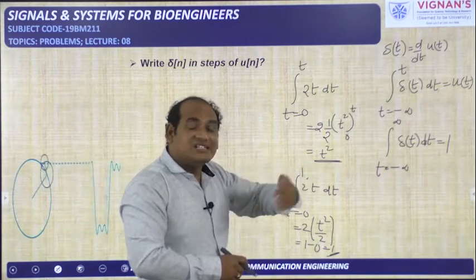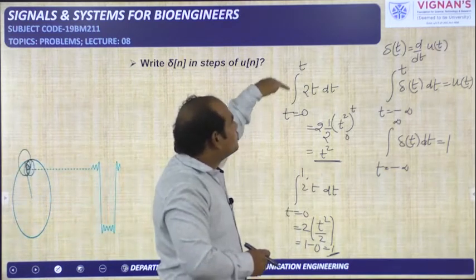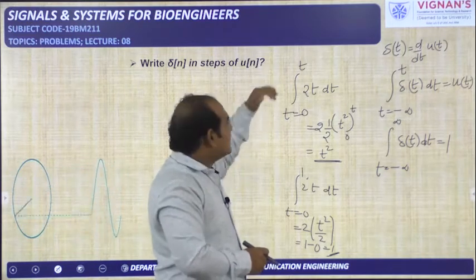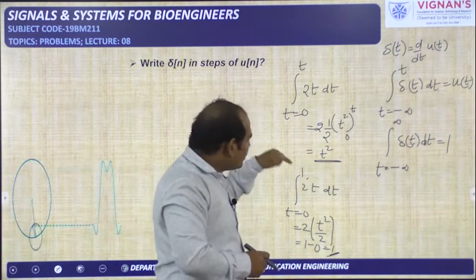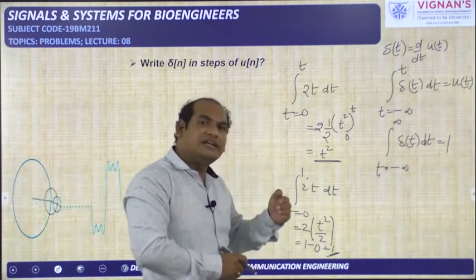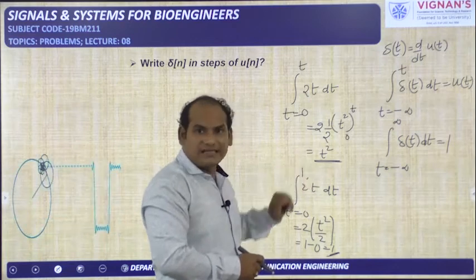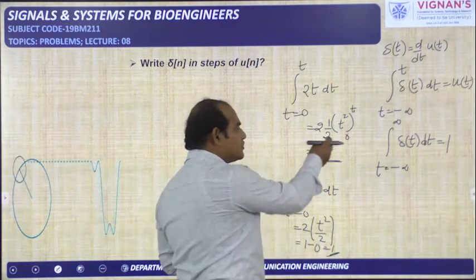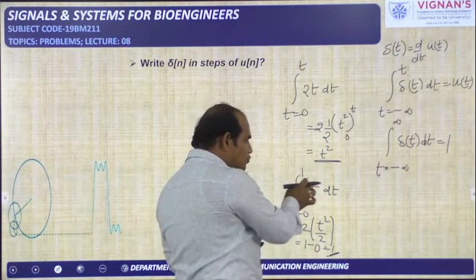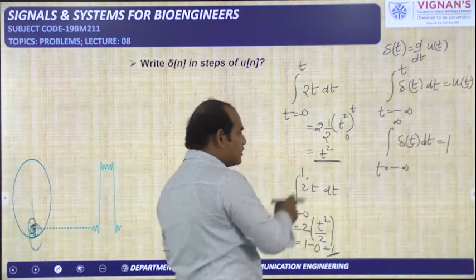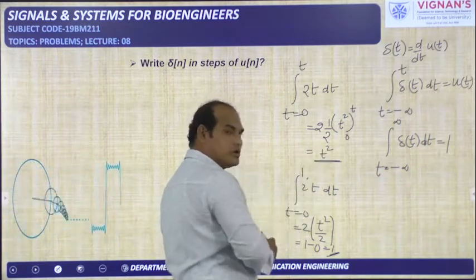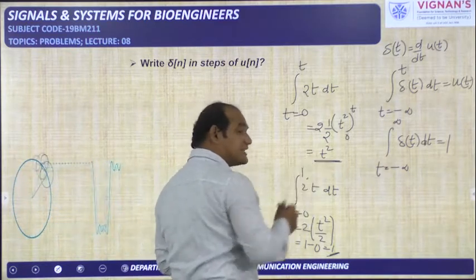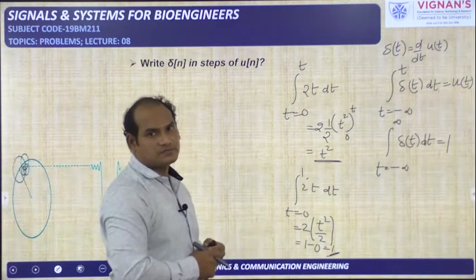How that integration is varying as t is changing from 0 to t. This t can be 1, this t can be 2, this t can be 4, whatever it may be. You can do the integration up to 2, up to 3, up to 4 like that. So if you know the function, simply you will substitute here. What is the integration of 2t from 0 to 2? If you substitute t equal to 2, you will get 4. What is the integration of 2t from 0 to 3? You will get 9, 3 square is 9.